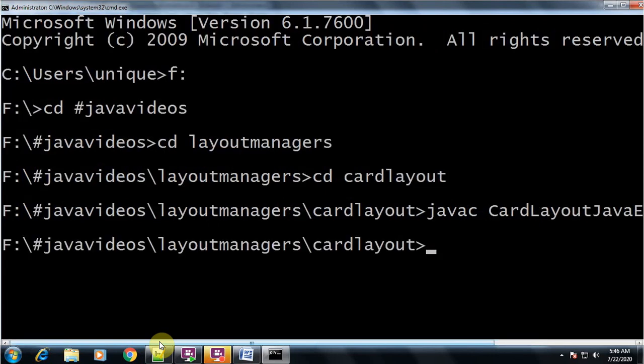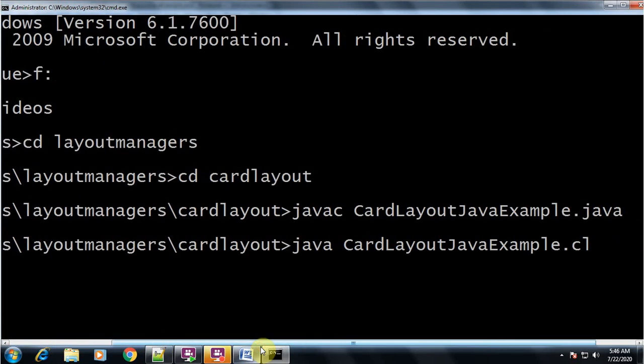I'll compile this program, then I'll run it: java CardLayoutJavaExample.